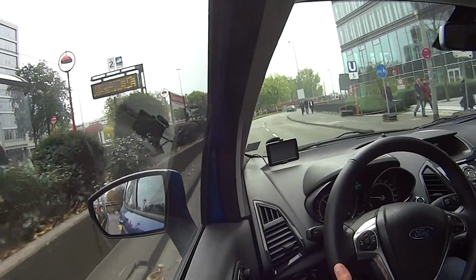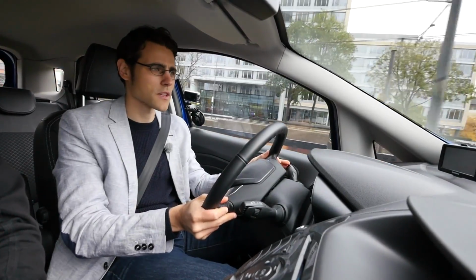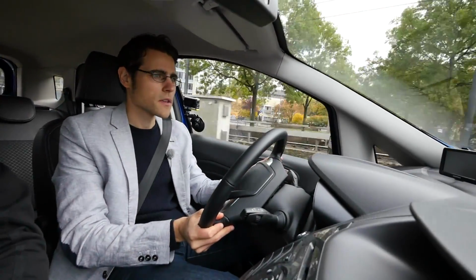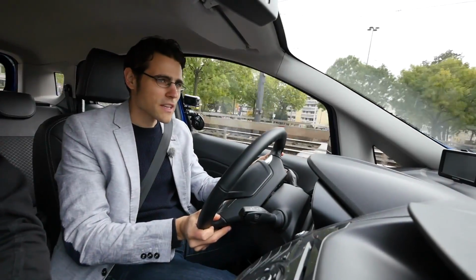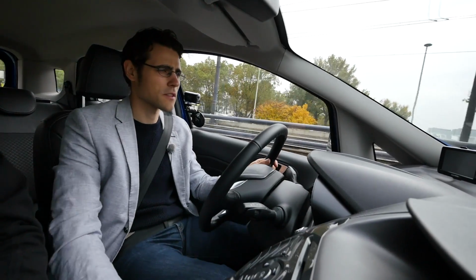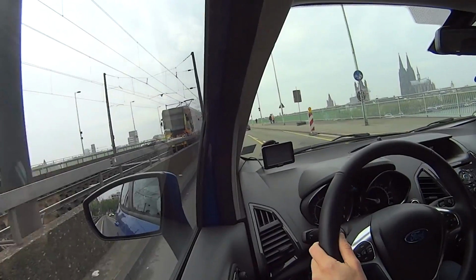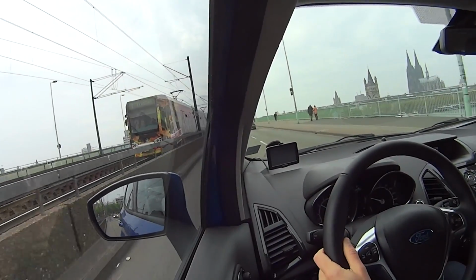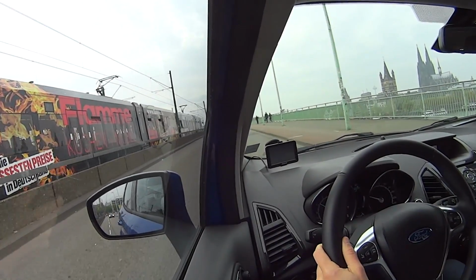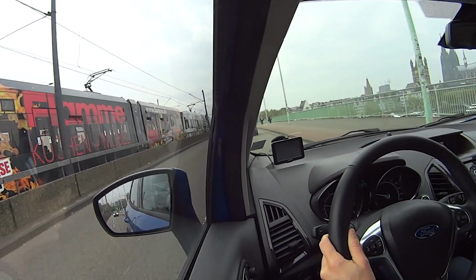It's of course a turbo sound, but for an engine with 1 liter of displacement, I've usually realized with the Ford EcoSport engines that they have quite a reasonable sound for such a small engine. And the suspension has been tweaked a little bit now with this facelift, also for European purposes. It was a little bit harsher before. The comfort has definitely improved with this new suspension, and I'm pretty much fine with that one. It's surely not the best suspension we ever tested, but we definitely feel a step forward